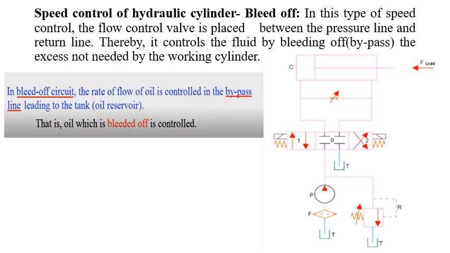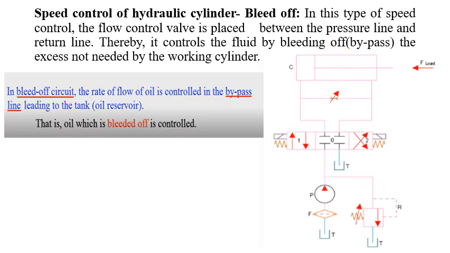During the retraction stroke, look at this, the operation is like this, it goes like this. This is the retraction of the cylinder. During retraction, the oil present in the blank end of the piston will move out. Here, see, some of the oil will move through the flow control valve towards the reservoir like this, and the remaining oil will go through like this. This is happening during the retraction.